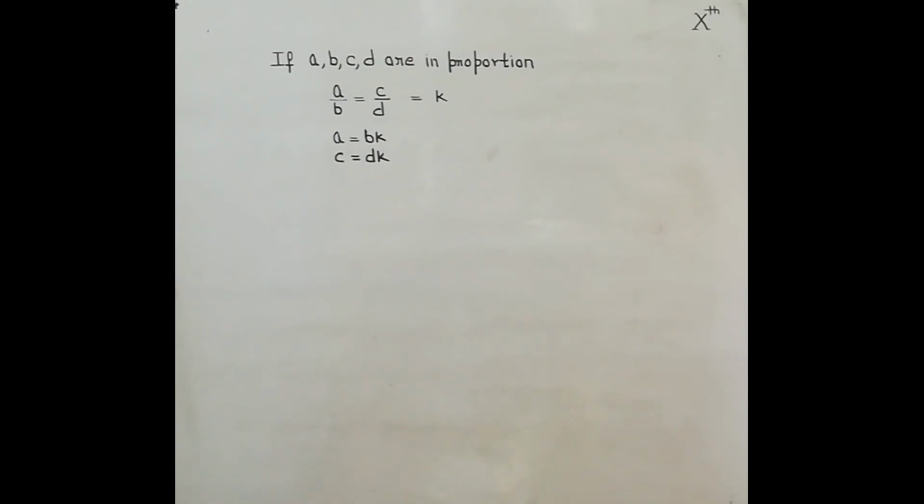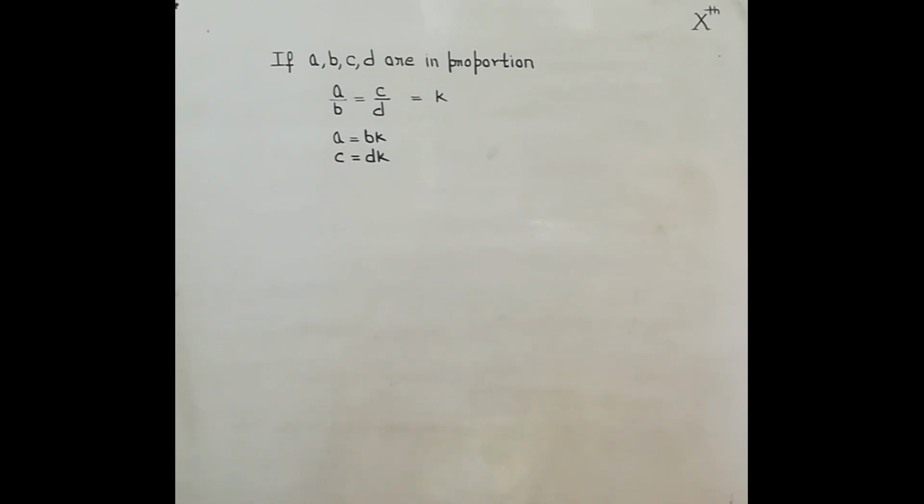Only two substitutions, for A and C. Whatever is in the denominator place will remain as it is. Like B was in the denominator place, and D was in the denominator place. So in the question, on the left side and the right side, there is no substitution for B and D. They will remain as they are. Only substitutions will be made for A and C.